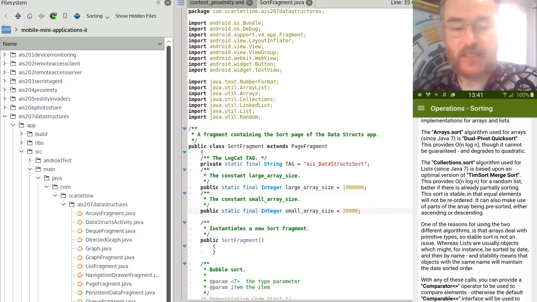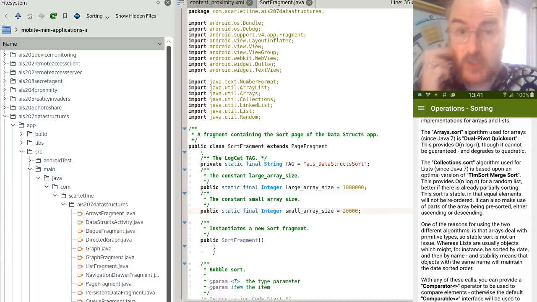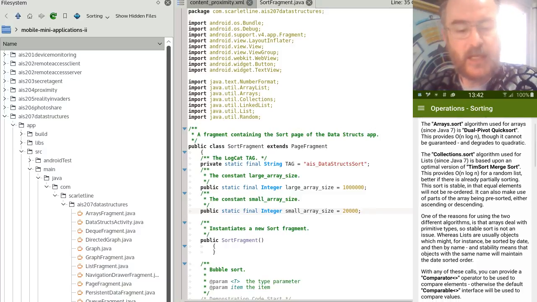And currently, at least in Java 7, the Array.Sort, that's the simple type sort, is the dual pivot quick sort, which is very fast. It's order n log n, and it degrades to quadratic. So it's very fast or fast. Then for Collections.Sort, that defaults to the timsort merge sort, which is the fastest general one that we know about for a random list. You'll notice that they're different because